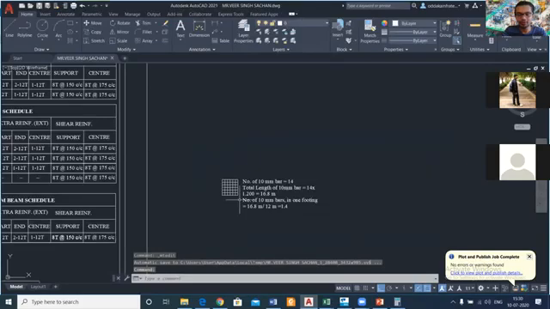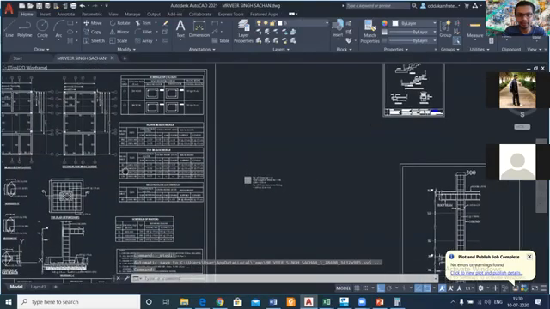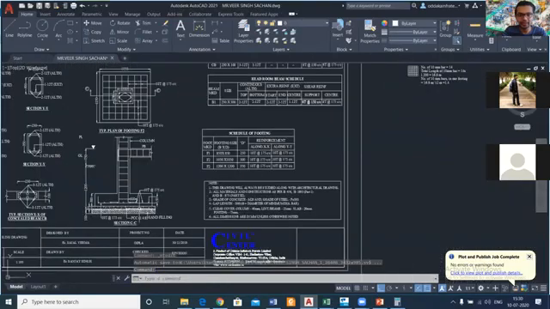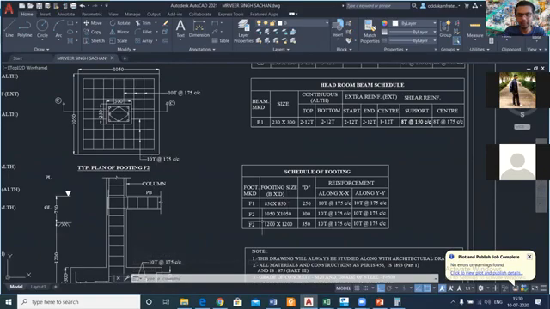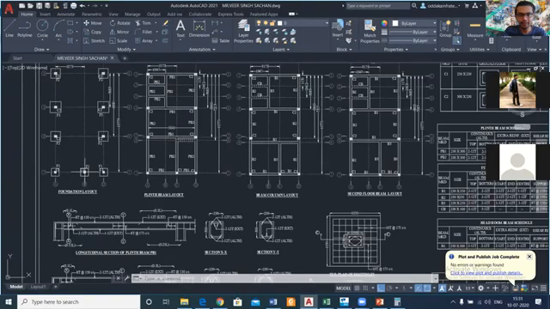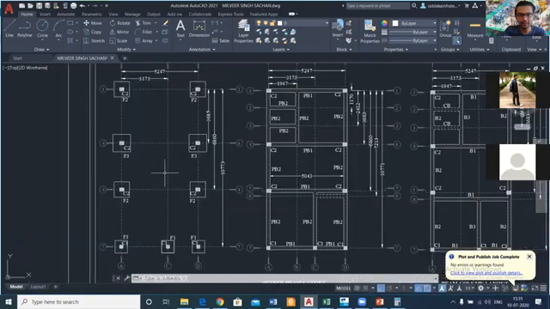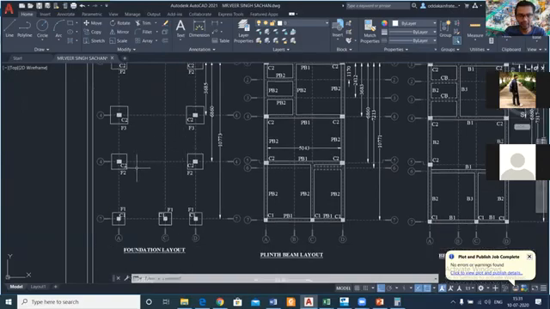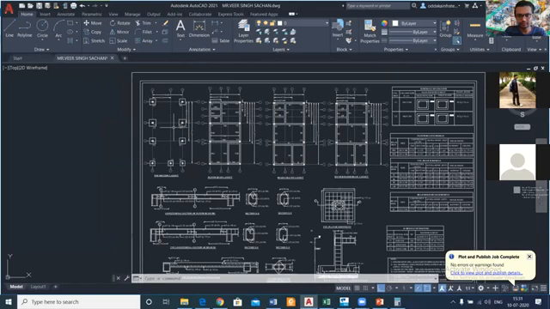So if we go back and see the section of this footing, this is the footing type F2. So we have three types of footing, F1, F2 and F3. So if we go to this footing, number of F2 footings we have 1, 2, 3, 4. So we have 4 numbers of F2 footing.